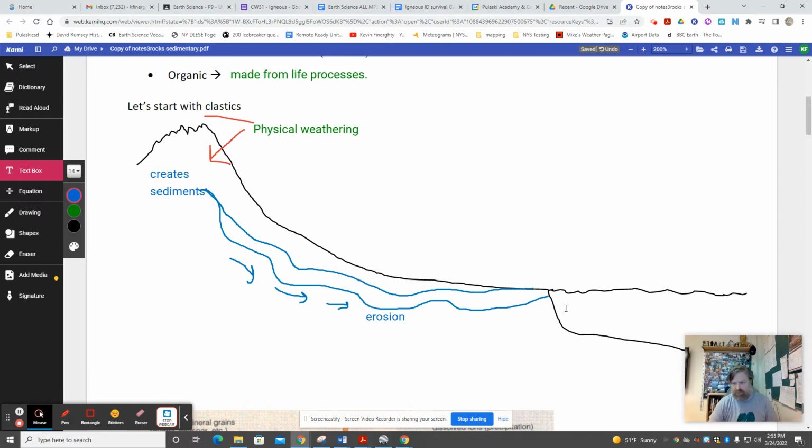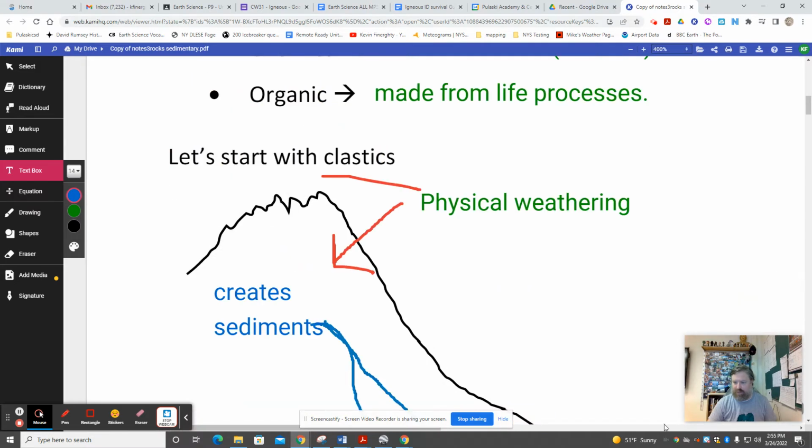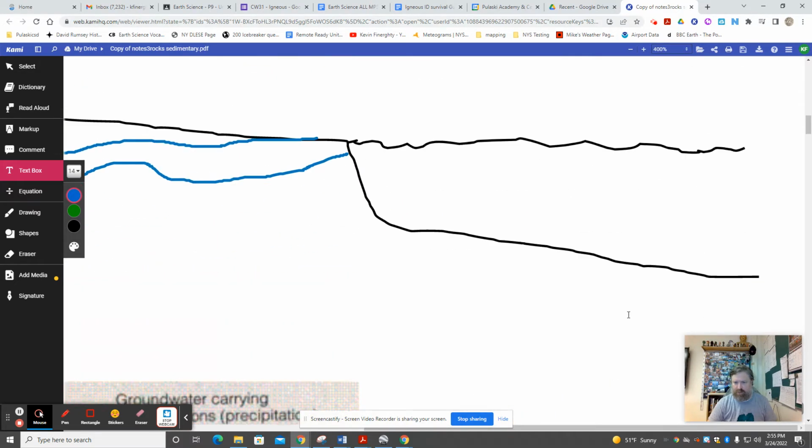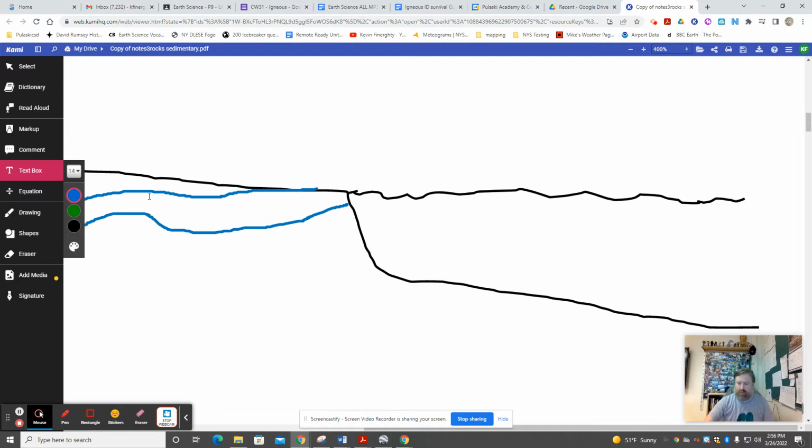And then those sediments get down to a body of water or something and get dropped off. Deposition, which is where we kind of stopped our story back in that unit. Well, now we're going to take it a step further. I'm going to blow up the corner of this down here to get a little bit more accurate. Sediments,